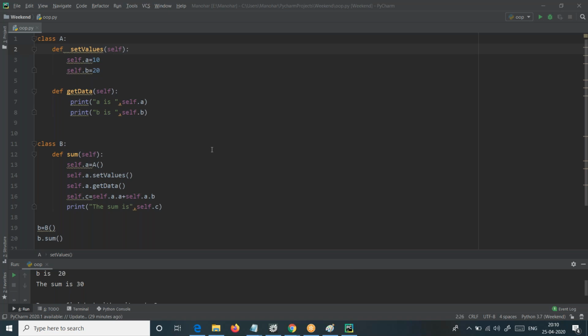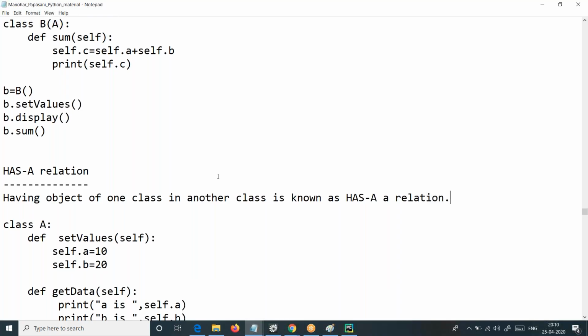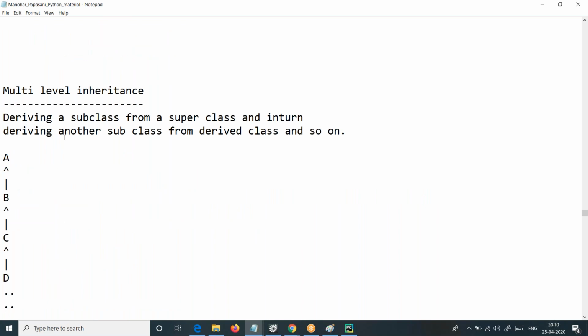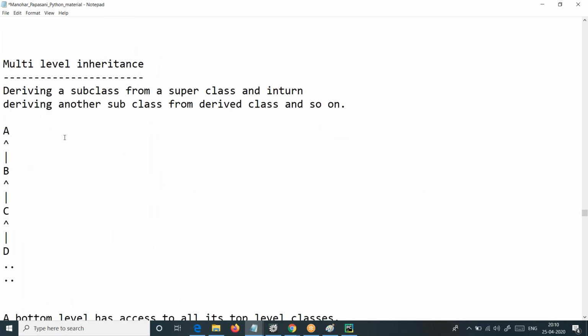So this is about inheritance, is-a relation and has-a relation. Okay. Next one: multi-level inheritance. I told you, once we are comfortable with one type of inheritance, this is almost the same for all the other types, but with a few changes. Multi-level is an extension to